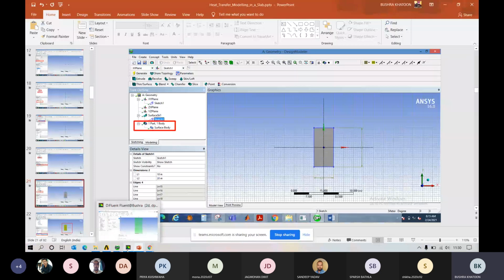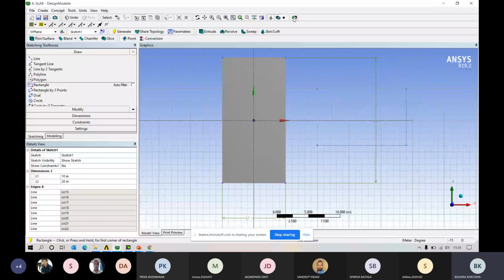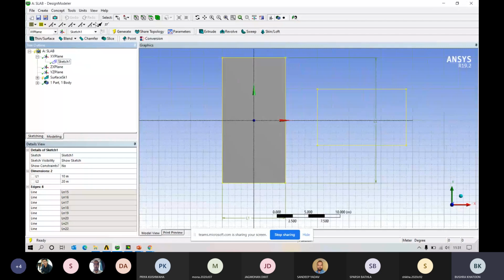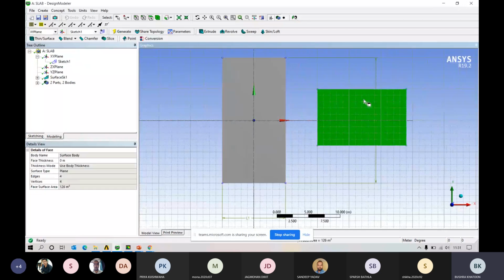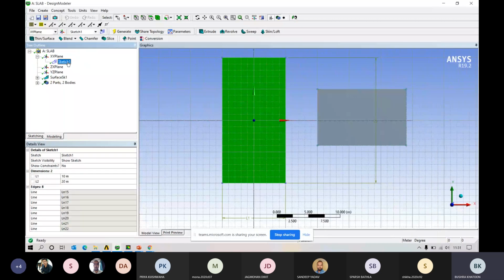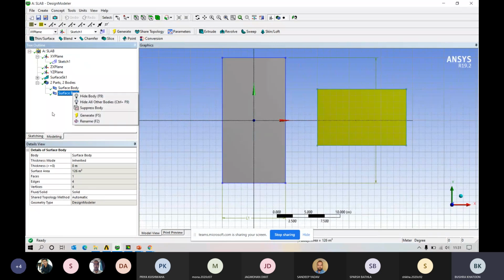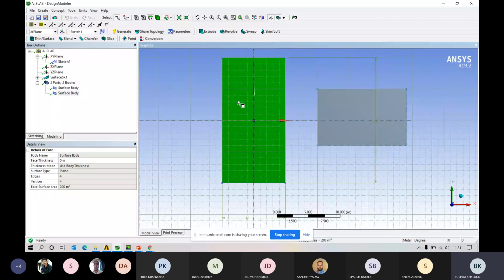Okay, I'll show you. Like this. So, generate. Like you have this geometry that is a 2D rectangle, it looks like a plate, and you want to extrude, means you want to convert this geometry into 3D, means like a slab. So what you have to do, you just click on the extrude option,